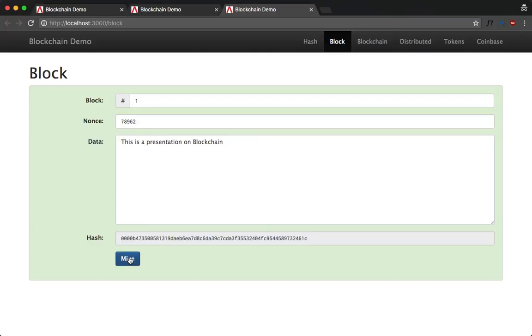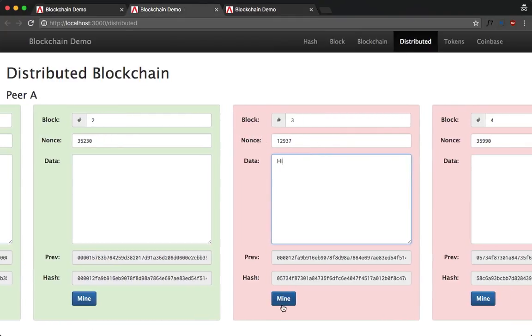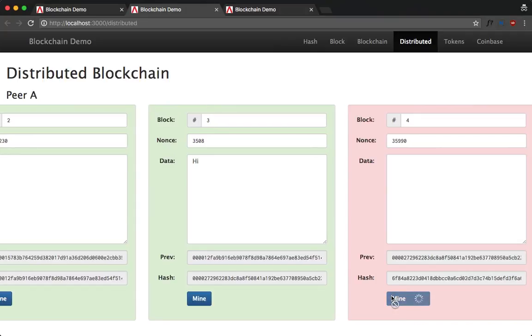Now, if you can see, the nonce has changed to 78,962. Now this block is valid. So if we go back to the chain, I can mine this block, and then this becomes valid. I can mine the rest of the blocks that come after that.